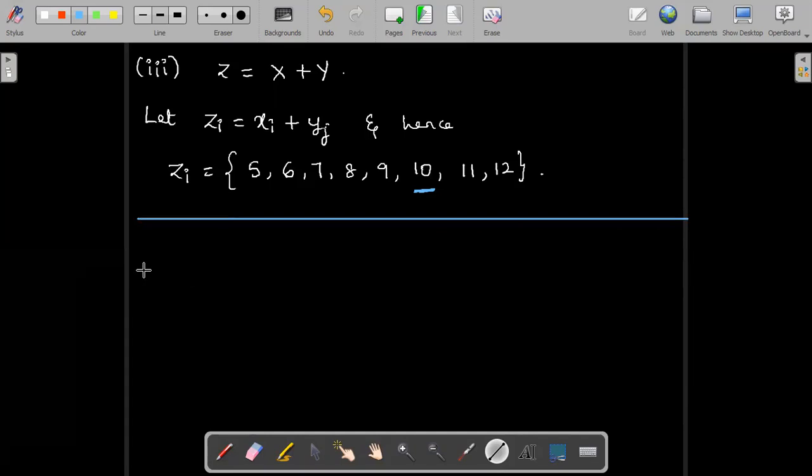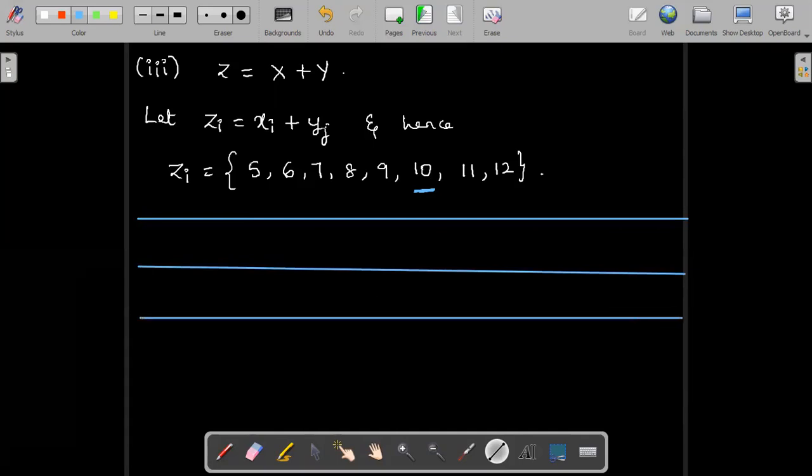So let us quickly form a small table wherein we are writing z values and the respective probabilities. So we have z value and its respective probability p of z we are writing now. So we have totally these many values or these columns to be created. 5, 6, 7, 8, 9, 10, 11, 12. 8 columns.